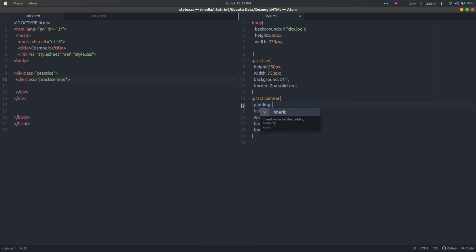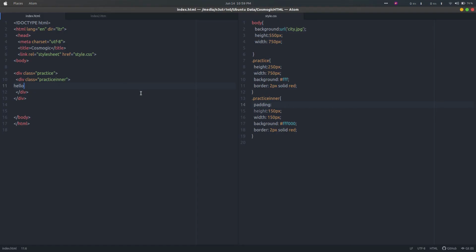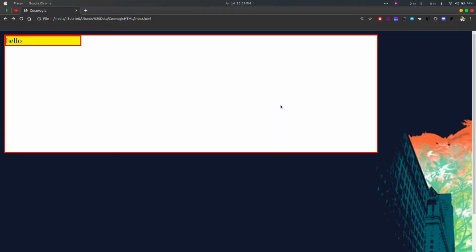So padding is one property. Padding means the space from the content, like if I write here content, anything, hello, what is the padding from here, here, here. If I want a padding of 50 pixels, it means from all the sides it will have 50 pixels of padding. Refresh the page and we can see 50 pixels here, 50 pixels here, 50 pixels here.